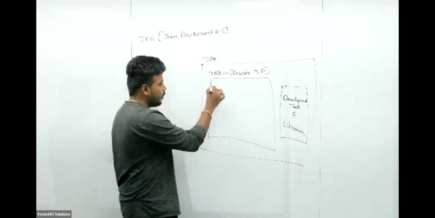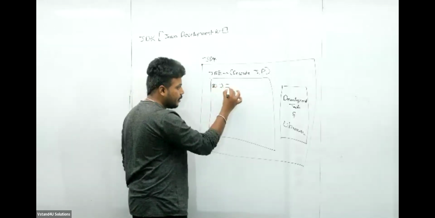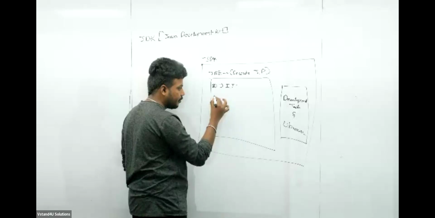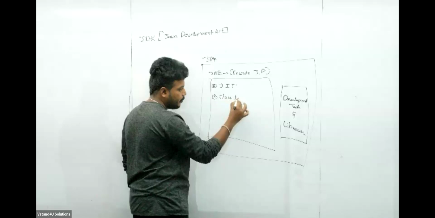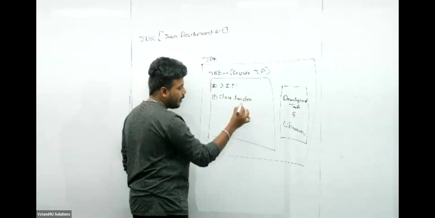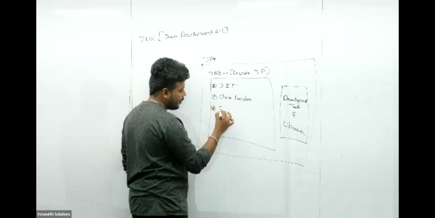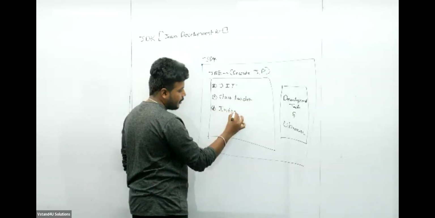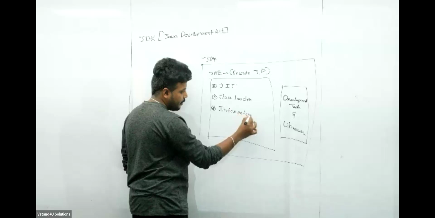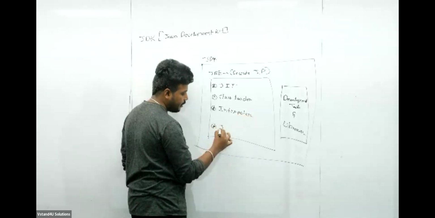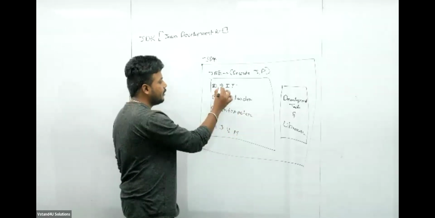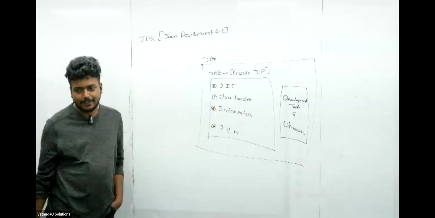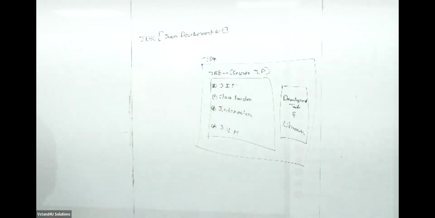The first one is JIT. The second person, class loader, interpreter, and the last person is JVM. Sir, what is meant by JIT, sir? What is JIT? I'm not asking the abbreviation of JIT. JIT is the,